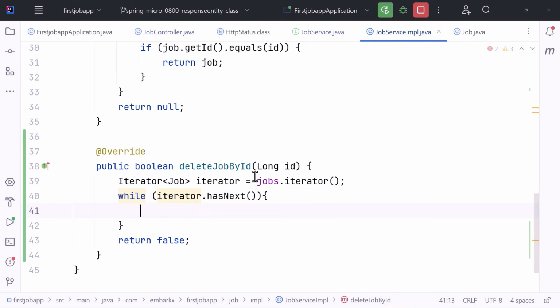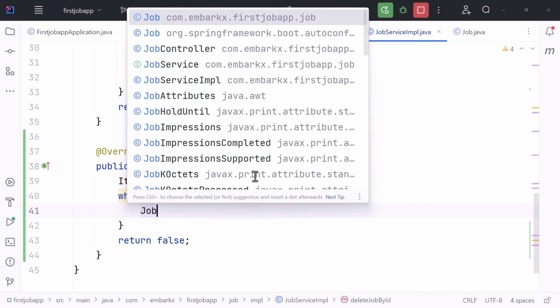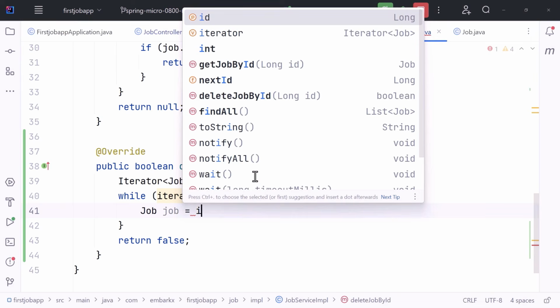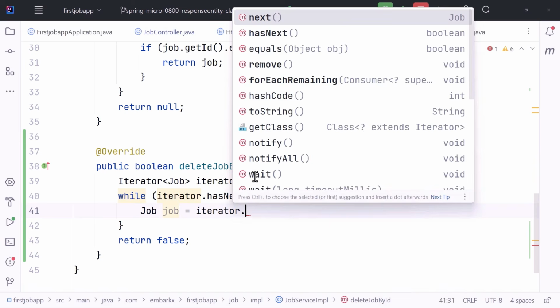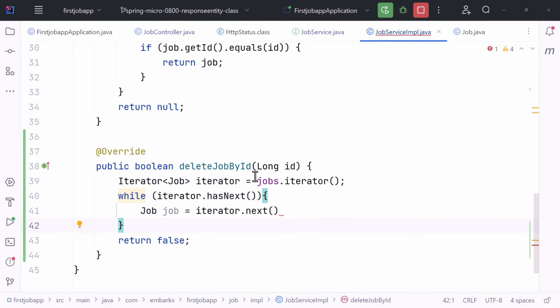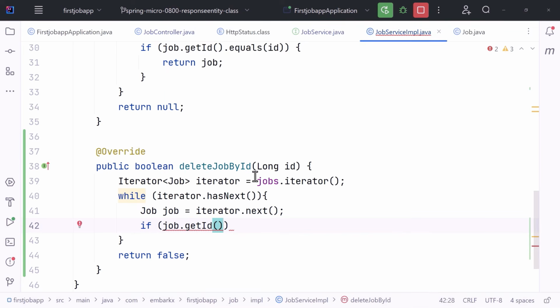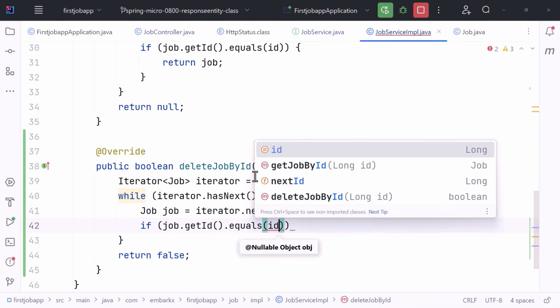And now within this while loop, I'm going to get the job. So I'm going to say job is equal to iterator.next; let me end this with the semicolon. So we have the job over here and we are just traversing through the list. Now I'm going to say if job.getId().equals(id),